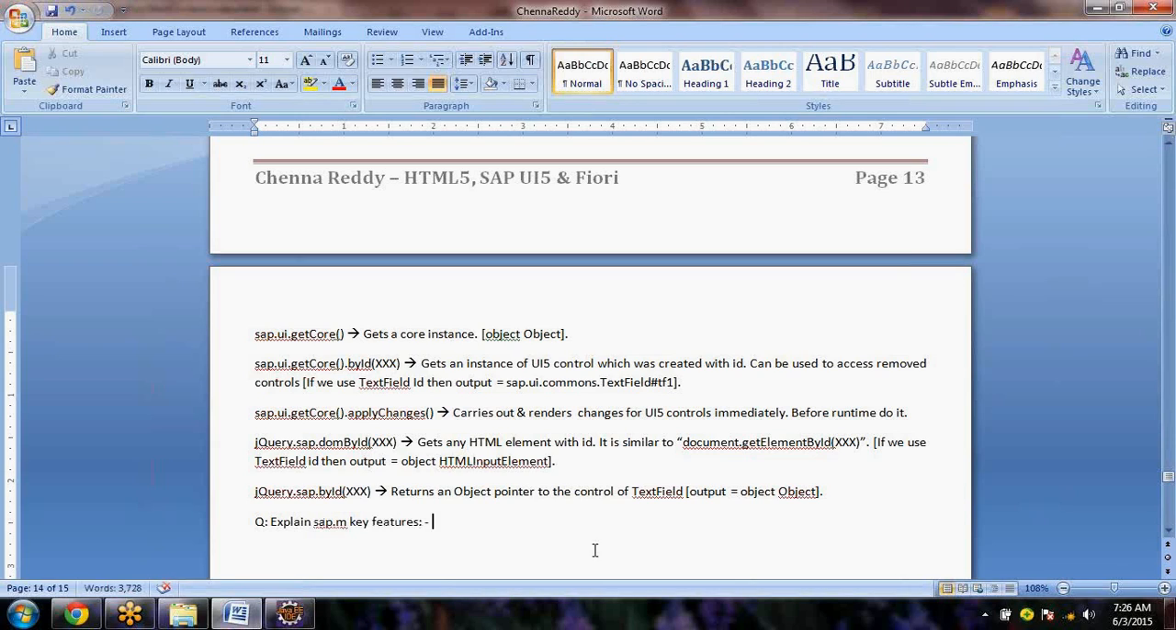So what is SAP.m? We already discussed. It's a mobile library. SAP.m is nothing but the mobile library. So what are the key features of that? That's the question. Whenever you do programming with SAP.m, it's going to support what kind of stuff? The first thing is that it contains